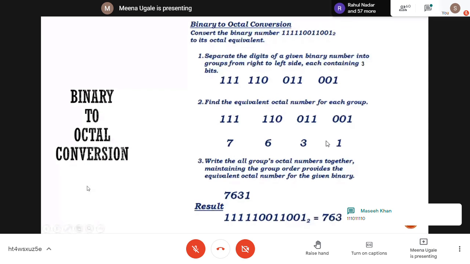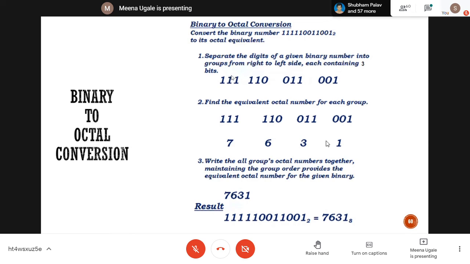Now we will go for binary to octal. Again for binary to octal, you will be given a series of 1s and 0s in binary. How will you convert it to octal? You are going to group it into 3 bits, starting from LSB to MSB. Any representation given like this, I am going to make groups of 3 numbers. Then for each group of 3, write down the equivalent decimal, and that is going to give you the octal number for any binary.